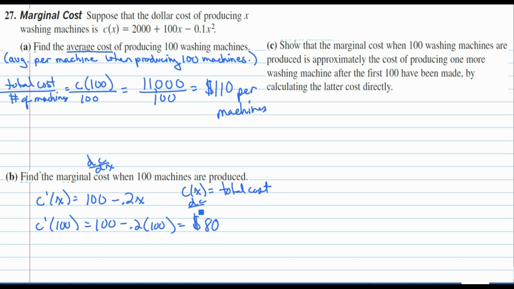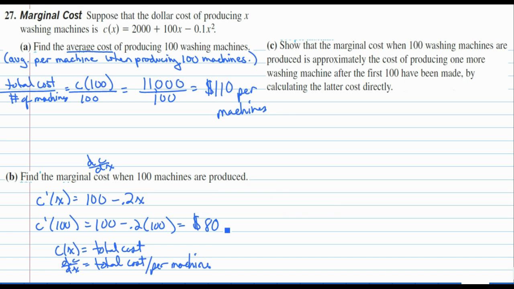So dC/dx is going to be total cost, and x is the number of machines, so per machine. So this would be $80 per machine, which is our marginal cost. So at producing 100 machines, our cost is increasing $80 per machine. Part C: show that the marginal cost when 100 washing machines are produced, so this C prime of 100 that